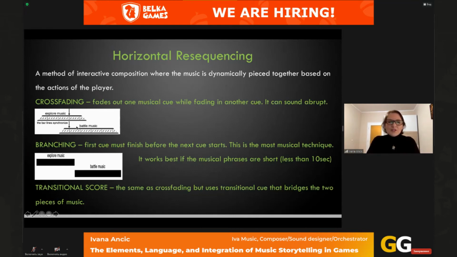Because if we change the tempo or rhythm, it will sound really not so musical. So we keep the same tempo and rhythm in this type. Branching is basically the same as crossfading, with the difference that the first cue must finish before the next cue starts. This is the most musical technique, and it works best if the musical phrases are shorter, like less